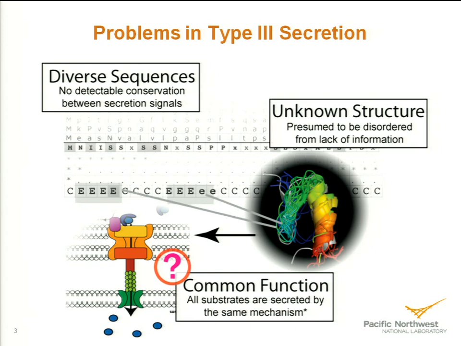There have been several bioinformatic techniques. Most people used a simple BLAST search to find things that were similar to their effector domains. So this is not the secretion region, but the region downstream that actually does the work. There's a number of families of these. This works very well for places where we know secreted effectors and we know the effector domain. If you do a survey of recent literature, you find that these new effectors are being discovered on a fairly regular basis, and a lot of them don't have any sequence similarity to other known effectors. So this is kind of a limited way of looking at